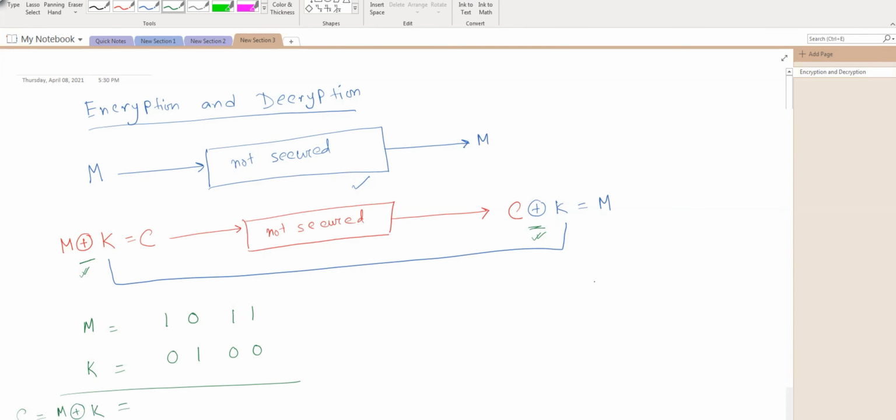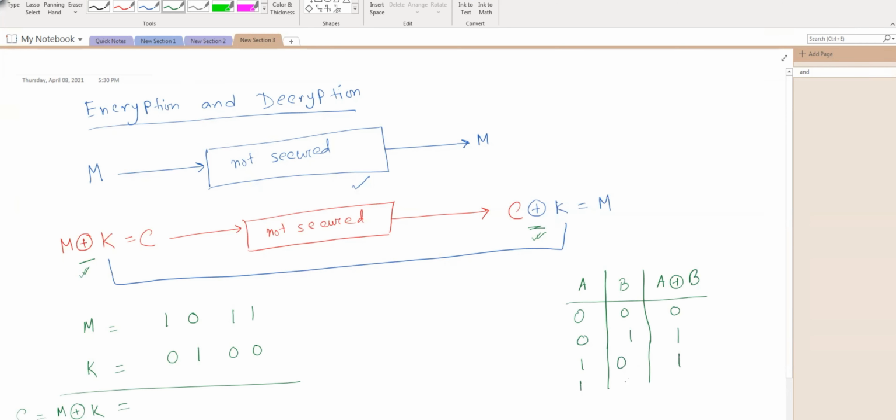So let me write down the truth table of the XOR function. If A and B are two logical variables, let's see what the truth table of this XOR function is going to be. If both A and B are 0, the XOR is going to be 0. If any one of A and B is 1, the XOR is going to be 1.